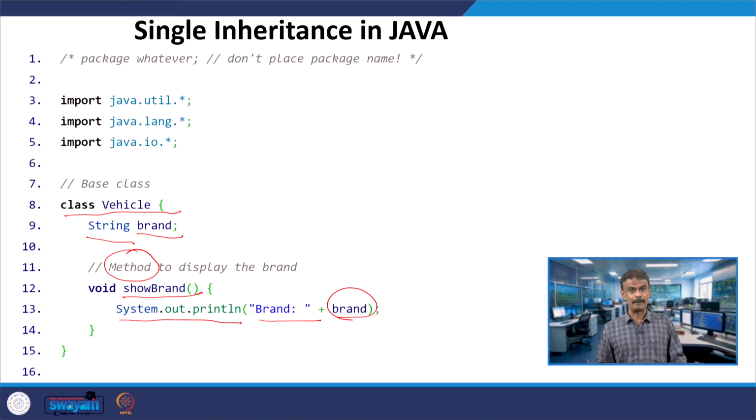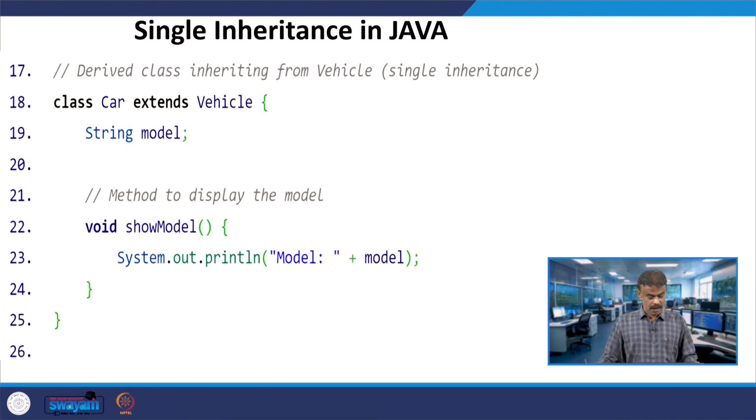This is the base class in Java, and if you look, there is no semicolon, whereas in C++ we had a semicolon. Vehicle is your base class A, because we use the notation A. A is the base class, and we have a derived class called car. The car is extending the vehicle, so that means vehicle is a base class.